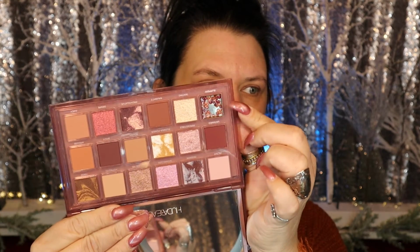And then everybody was just absolutely losing their shit over this one right here, which is called Slippery, which is ew, but it's in a gel gloss base, I think, and then the little balls in it are shimmery colors. I don't know. We'll see. I don't even know if I'm going to bother to put that on my eyes or not, but people were just losing their crap over it and freaking out about